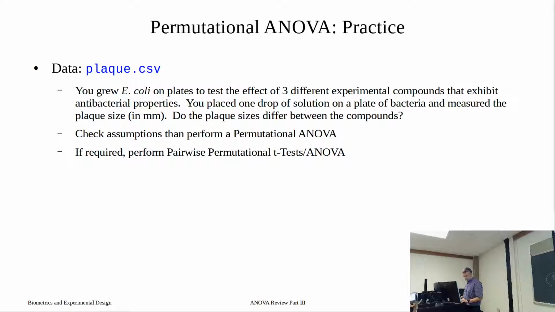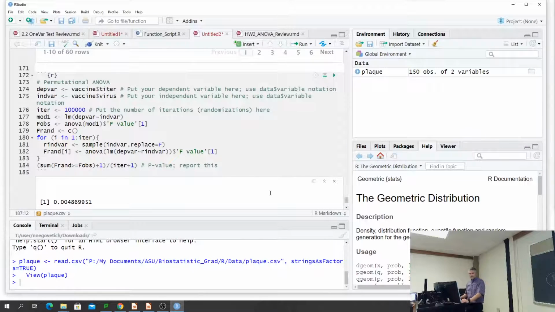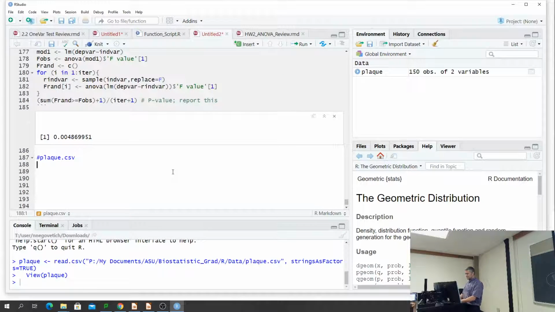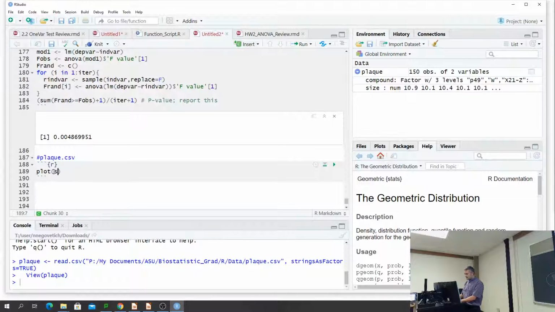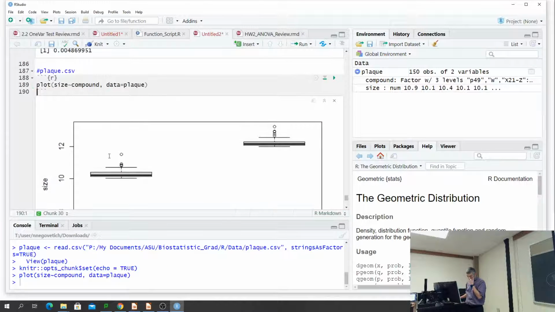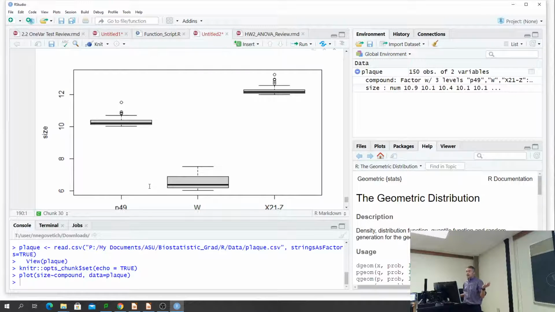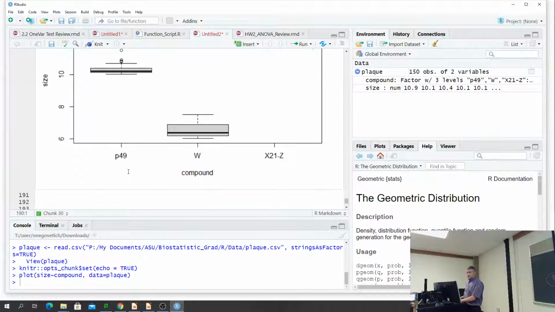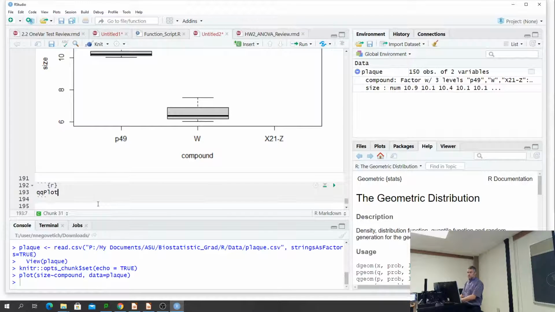Open plaque.csv. Open strings as factors, make life easier on me. All right. Here we go. Got my plaque open. So I'm going to just take a look at the plot. We've got size as a function of compound, data is plaque. Yep, definitely. I'm going to expect a difference. I'm not going to be surprised if it's unequal variances, probably skewed. So if we go ahead and check our assumptions using QQ plots,